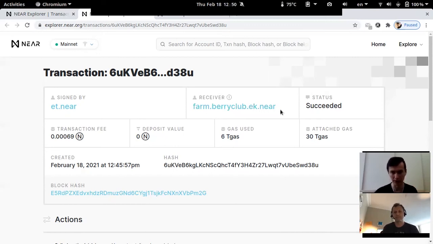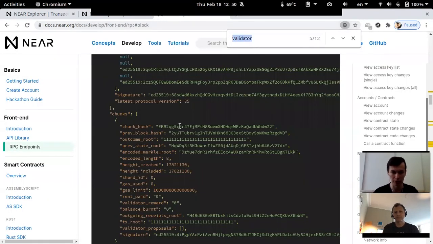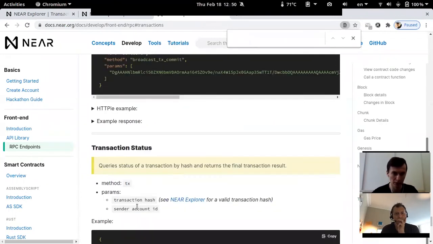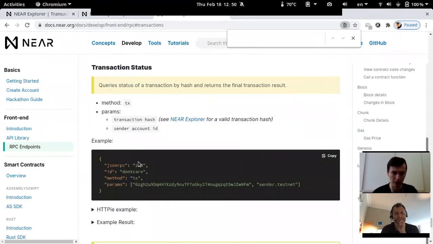That's why whenever you look up through JSON RPC, transaction status, here we go, you need to specify the hash and the